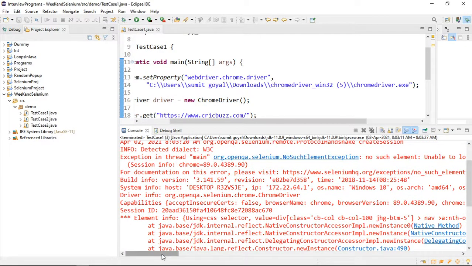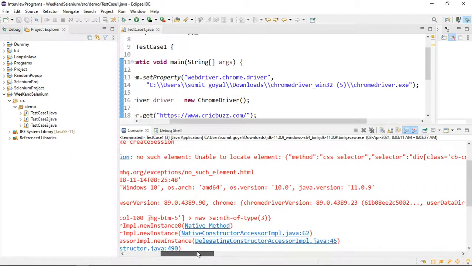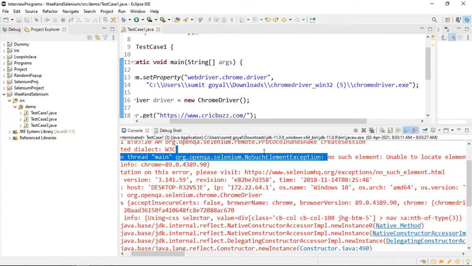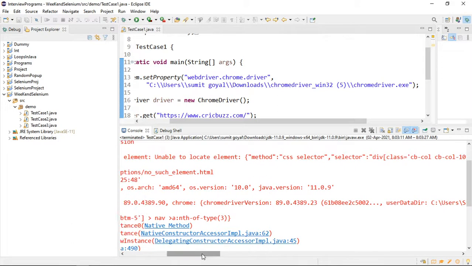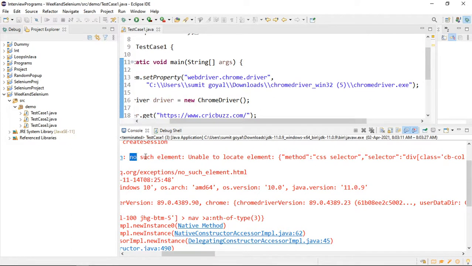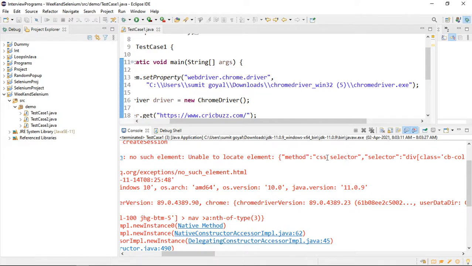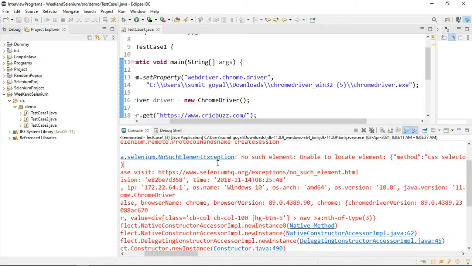You can see what the error is if you provide the wrong CSS. I am showing this because in an interview they can ask what kind of errors you have faced when working with Selenium. So you can write it down: one error is no such element exception. If we provide the wrong CSS or XPath, in XPath as well you will get the same error. So if we provide the wrong CSS, it will give the error no such element exception, sorry, unable to locate the element.